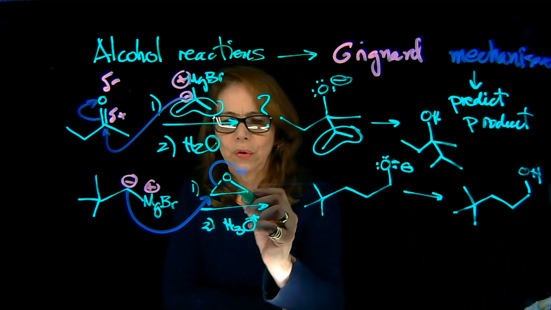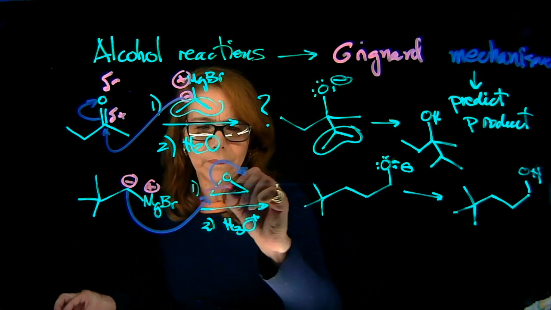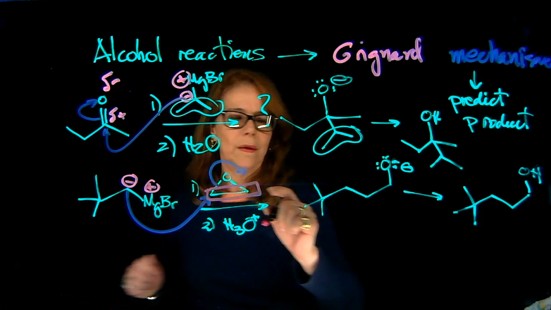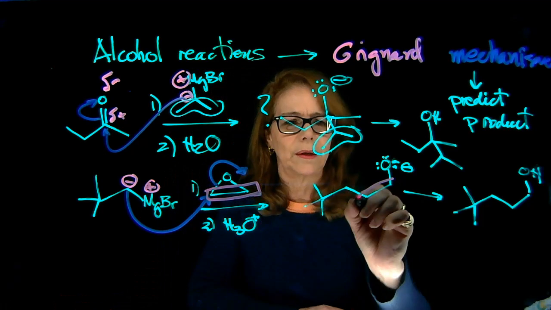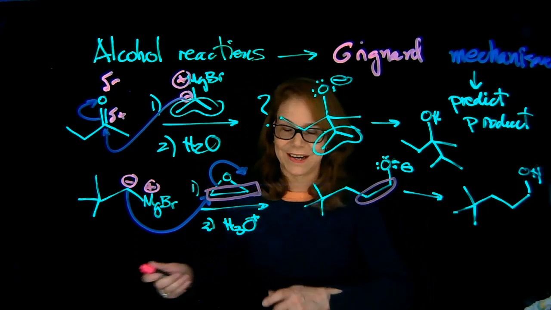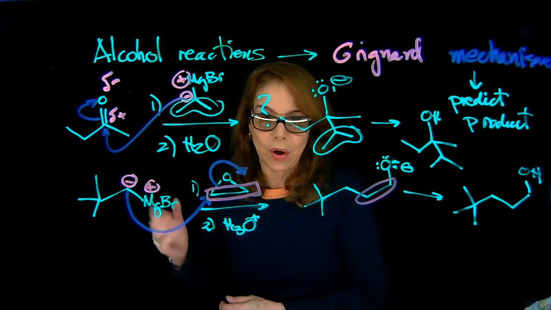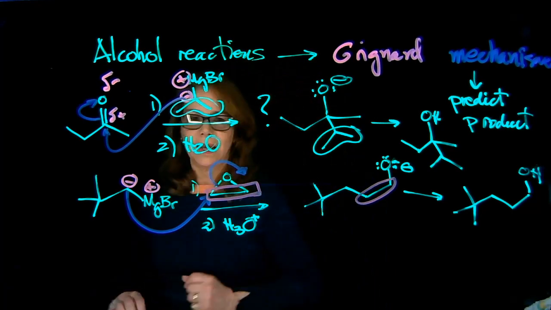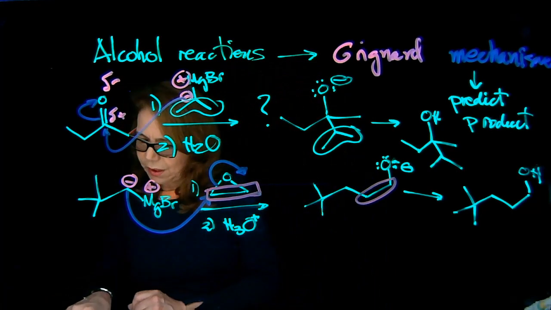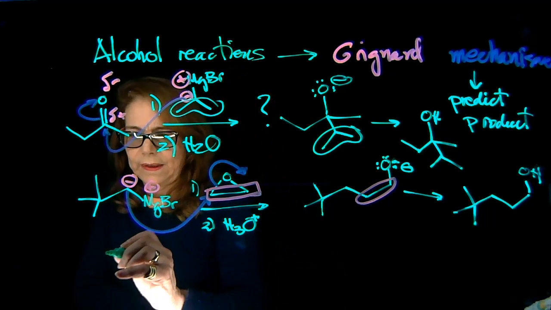And notice, let me highlight what it is that you're adding here, these 2 carbons. So this you had, and you added these 2 carbons to the molecule. Remember that we use Grignard to add carbon. It's a way of making new carbon-carbon bonds. So finally, I want to give you a different reaction. And that is, say that I have